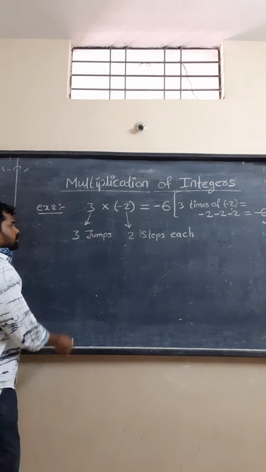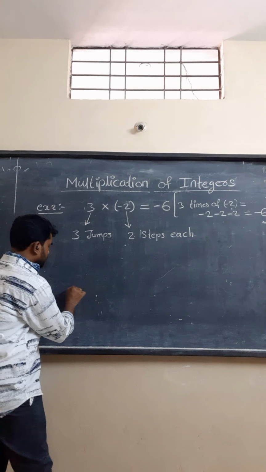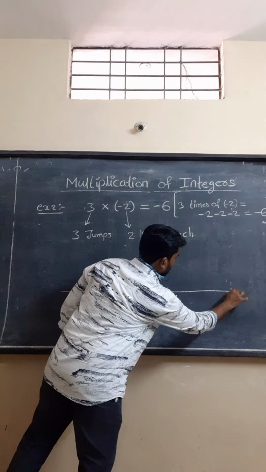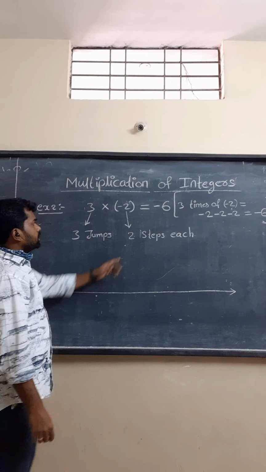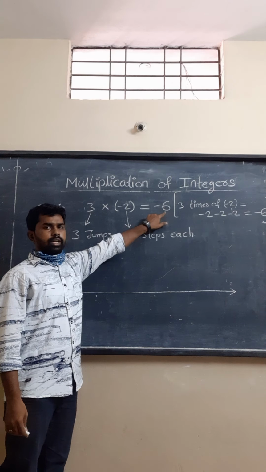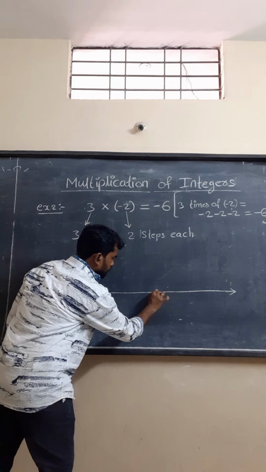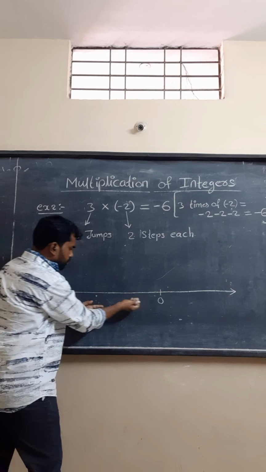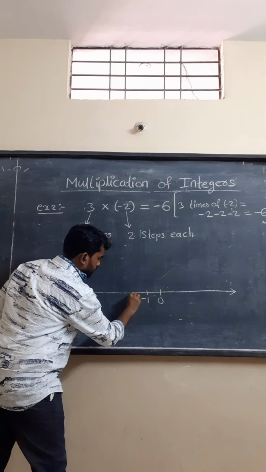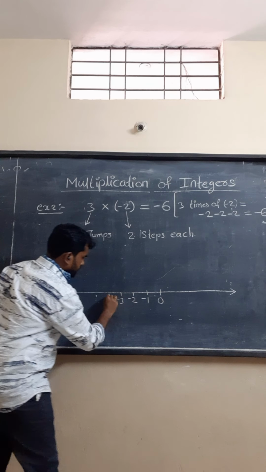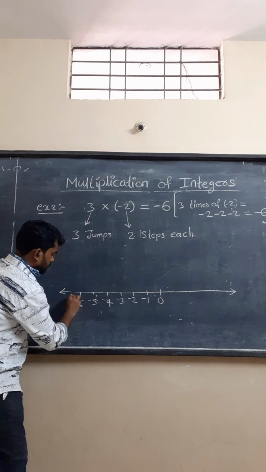And now see, I am representing this multiplication on the number line. How am I representing? Just draw one number line. Then see here, we need minus 6. The answer is a negative answer, so we need numbers towards the left side. So I am representing 0 somewhat towards the right side because I need more place towards the left side. Now here I am writing minus 1, minus 2, minus 3, minus 4, minus 5, minus 6, minus